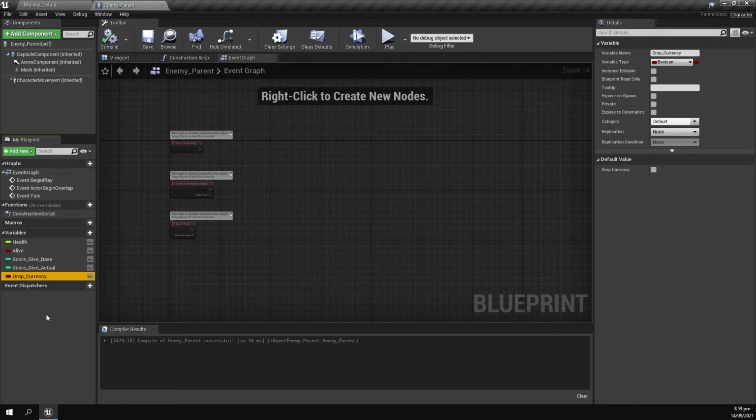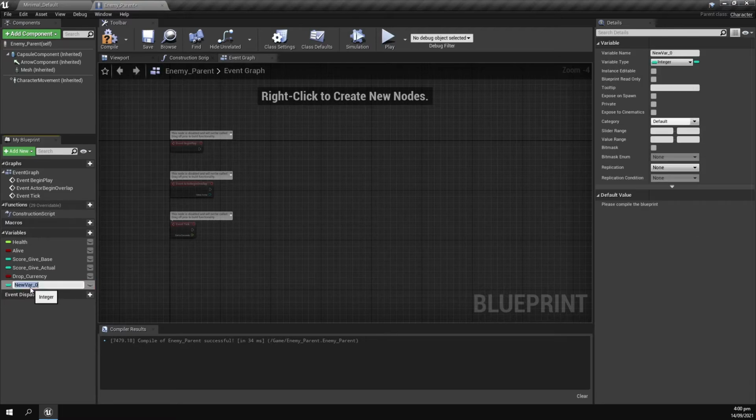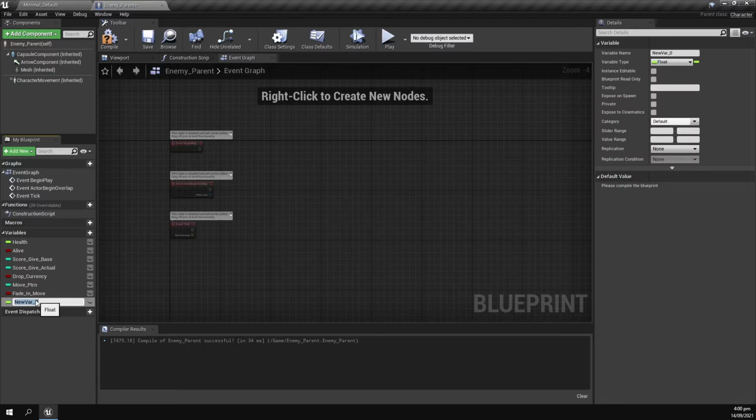Cool, so now we can move on to creating some variables that will control the enemies' movement patterns, like how they move and how quickly they'll move, etc. in the scene once they have spawned in. So let's create an integer and we'll call it move pattern. I've just shortened it down to ptrn for pattern. A boolean for fade in move. A float for movement speed